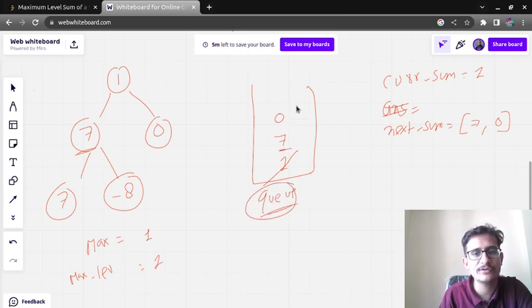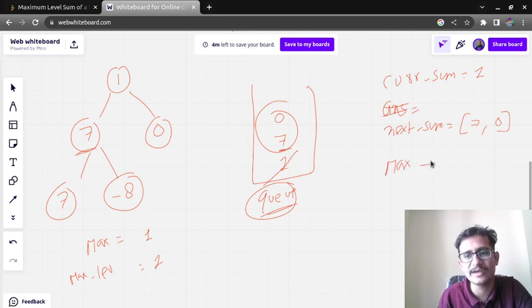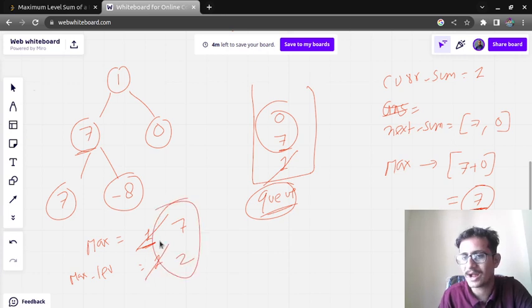Now we need to traverse both the elements which are present in the queue and find the maximum sum. When you traverse the loop and get the sum, it will be 7. Now if the sum is greater than the maximum sum, update the value as well as the level. So these two parts are done.